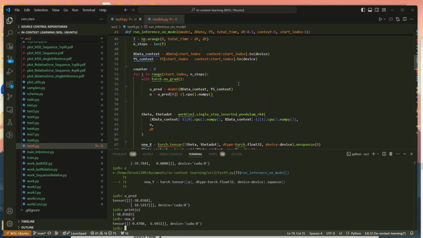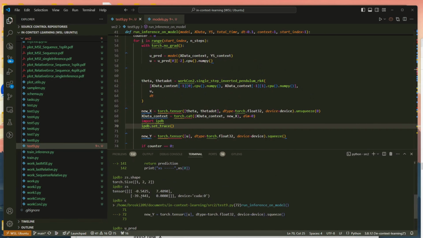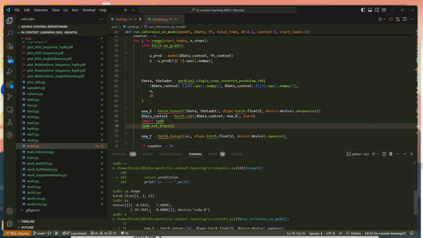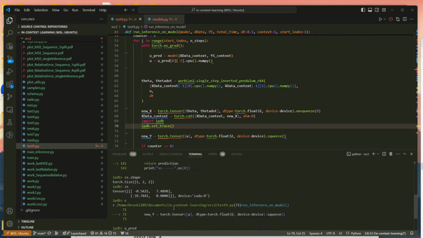Yeah, so let's say I have this y that was predicted. I need to replace it or else it's going to be x, y, y, x, y, x, y, y, x, since I'm adding the new state, which wouldn't make sense. But what if I do it for x, y, and then the new state x, and then this y after it? It wouldn't make sense because that y is correlated to that first x. So that's why I'm doing x, y predicted, or technically u, and then that new state x,